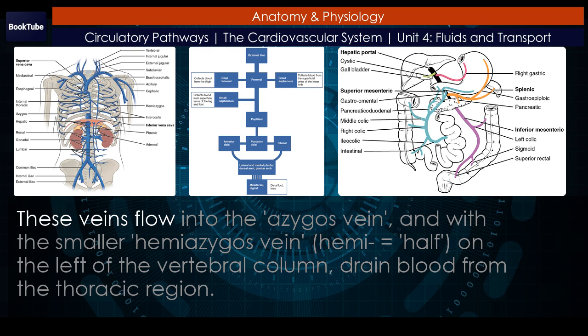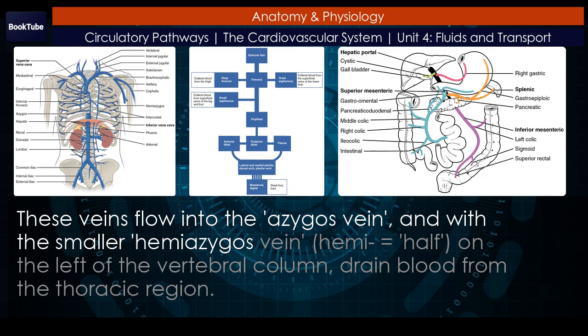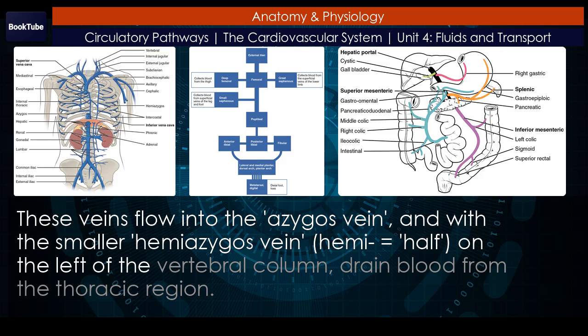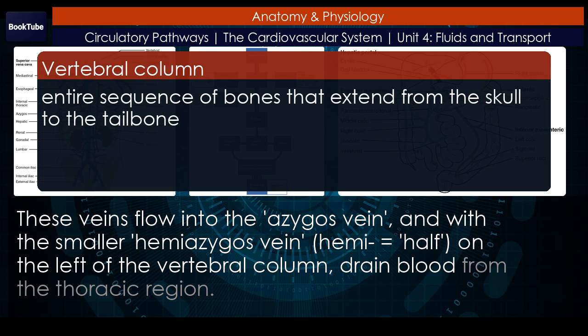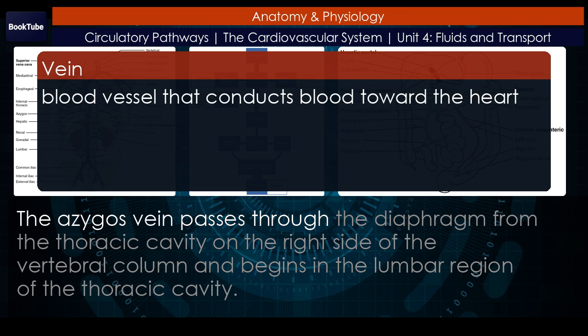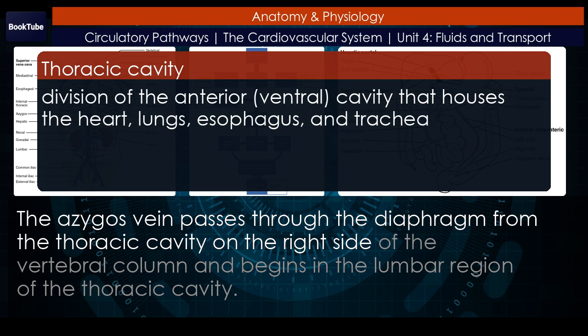These veins flow into the azygous vein, and with the smaller hemiazygos vein (hemi equals half) on the left of the vertebral column, drain blood from the thoracic region. The hemiazygos vein does not drain directly into the superior vena cava but enters the brachiocephalic vein via the superior intercostal vein. The azygous vein passes through the diaphragm from the thoracic cavity on the right side of the vertebral